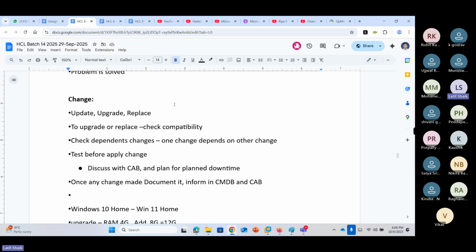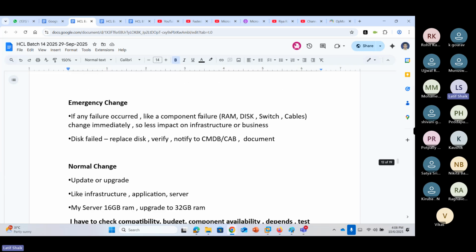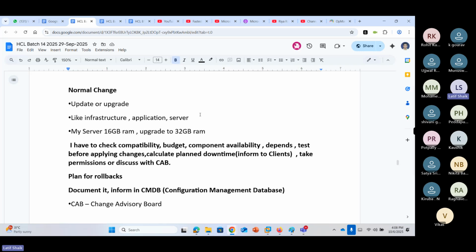Also know the component availability and budgets. Then rollback planning. While doing this change, it may affect the currently running services. How long will this service become unavailable? We have to calculate it.